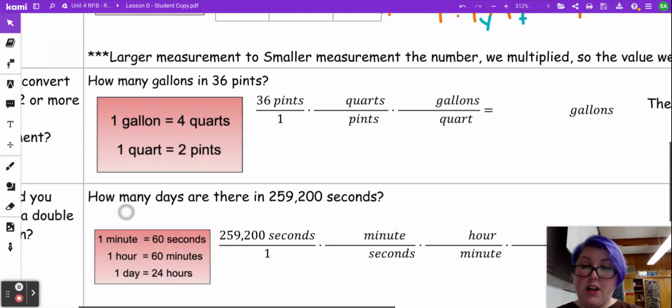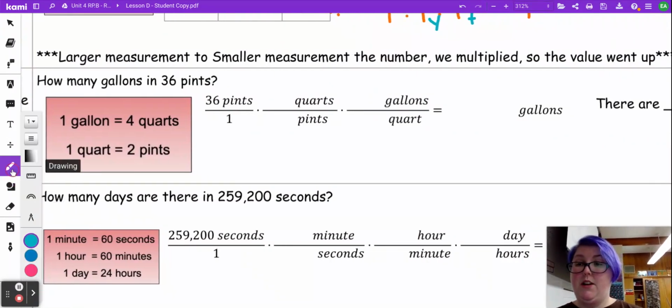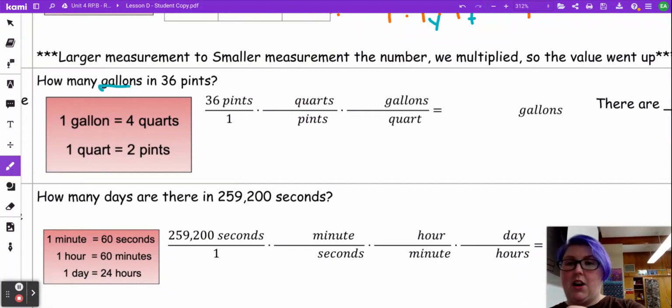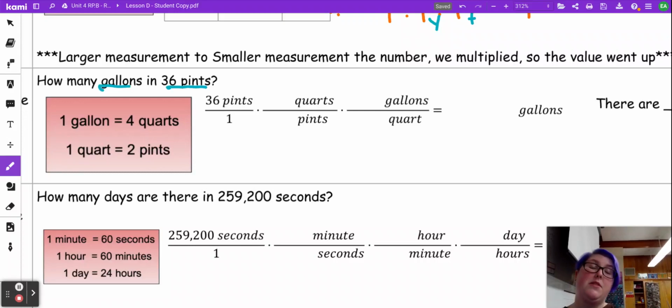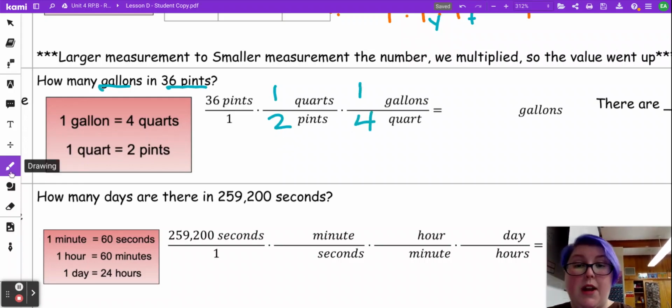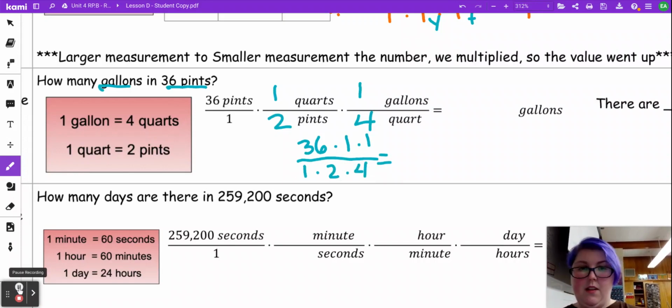So now let's try another problem. We are going to now do gallons and pints. So how many gallons are in 36 pints? Still going to set up our problem the same way. We're going to start with our 36 pints, the number we know, and then for every quart, there are 2 pints. For every gallon, there are 4 quarts. Now we do our multiplication. So 36 times 1 times 1 divided by 1 times 2 times 4. That gives you